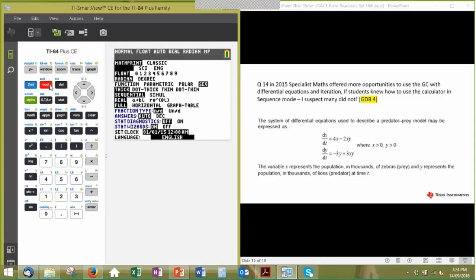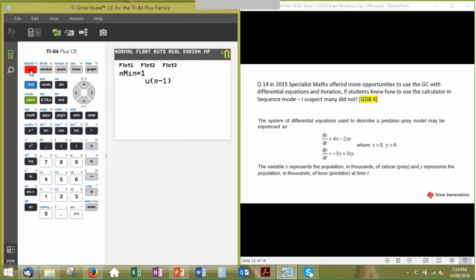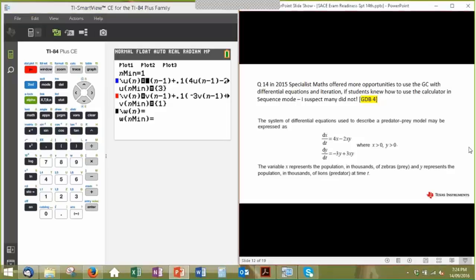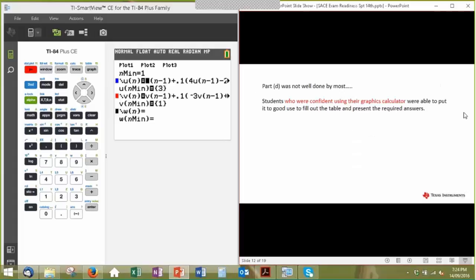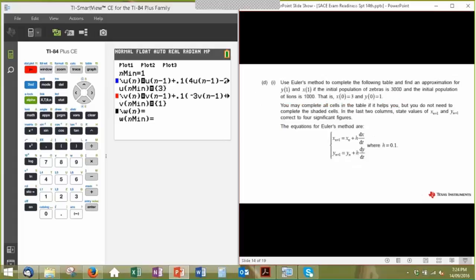You will notice in this screen that I'm over here in sequence mode. So go back to my y equals. This is a messy looking question, and I don't think there'd ever been one like it before last year, because the differential equations had to be used in the next bit, because you had to use Euler's method with xn plus 1 equaling xn plus h lots of the derivative value, where the derivative was given by these two little formulae.